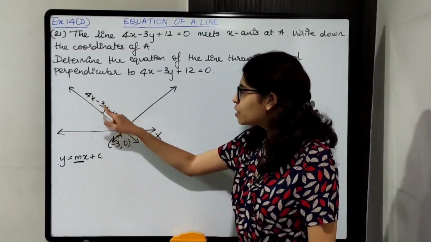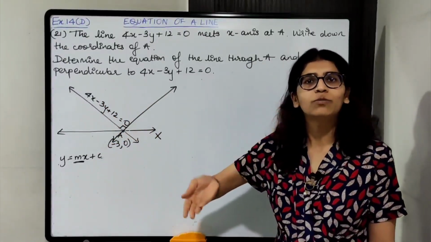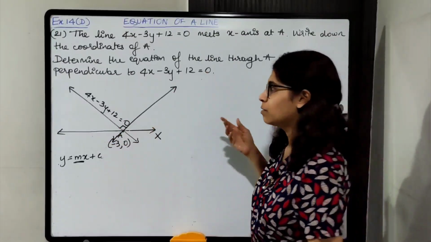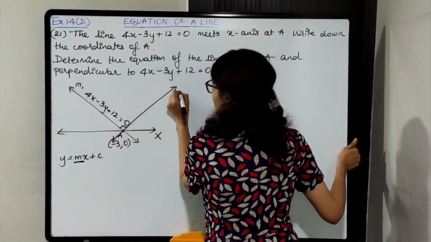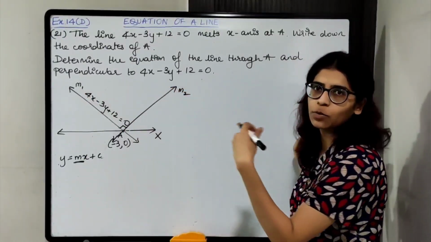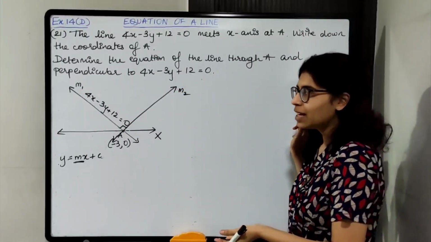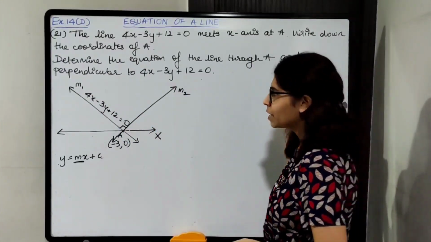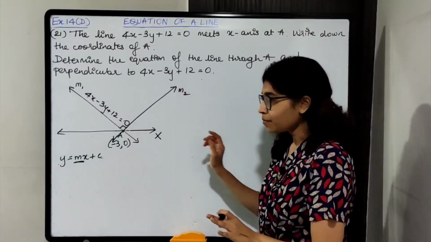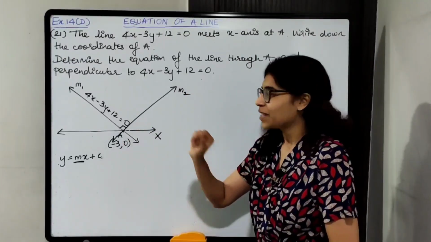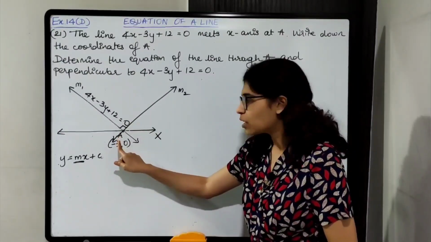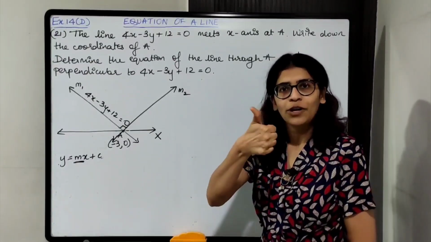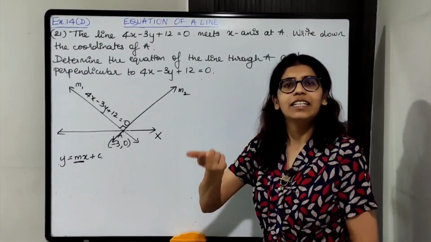We know product of the slopes of perpendicular lines is equal to -1. So slope of this line into this line will be equal to -1. Let's say slope of this line is m1, this is m2, so m1 into m2 will be equal to -1. Okay, m1 पता है तो m2 easily मिल जाएगा, you just have to put the value of m1. Okay, slope मिल जाएगा, we have one point का coordinates, the line is passing through A जिसका coordinates अभी हम लोग ने find किया है, it is -3, 0. So we have one point का coordinates, we have slope, we can easily frame the equation.